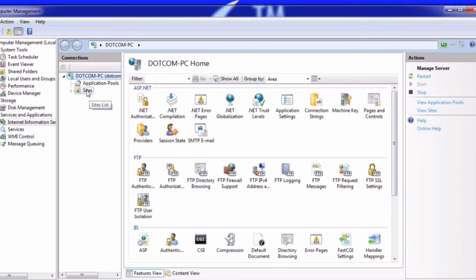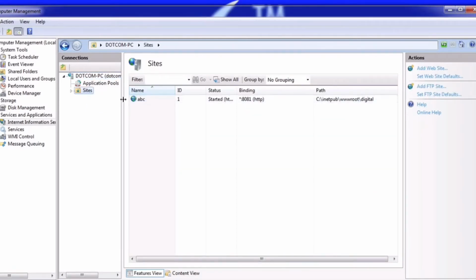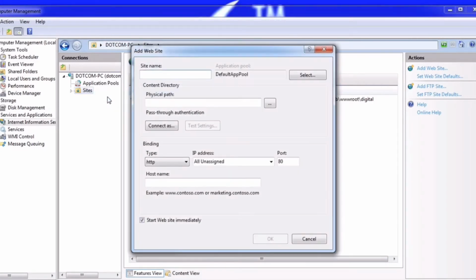Now we'll go to the site and go to add website. After that, we'll set the site name here.